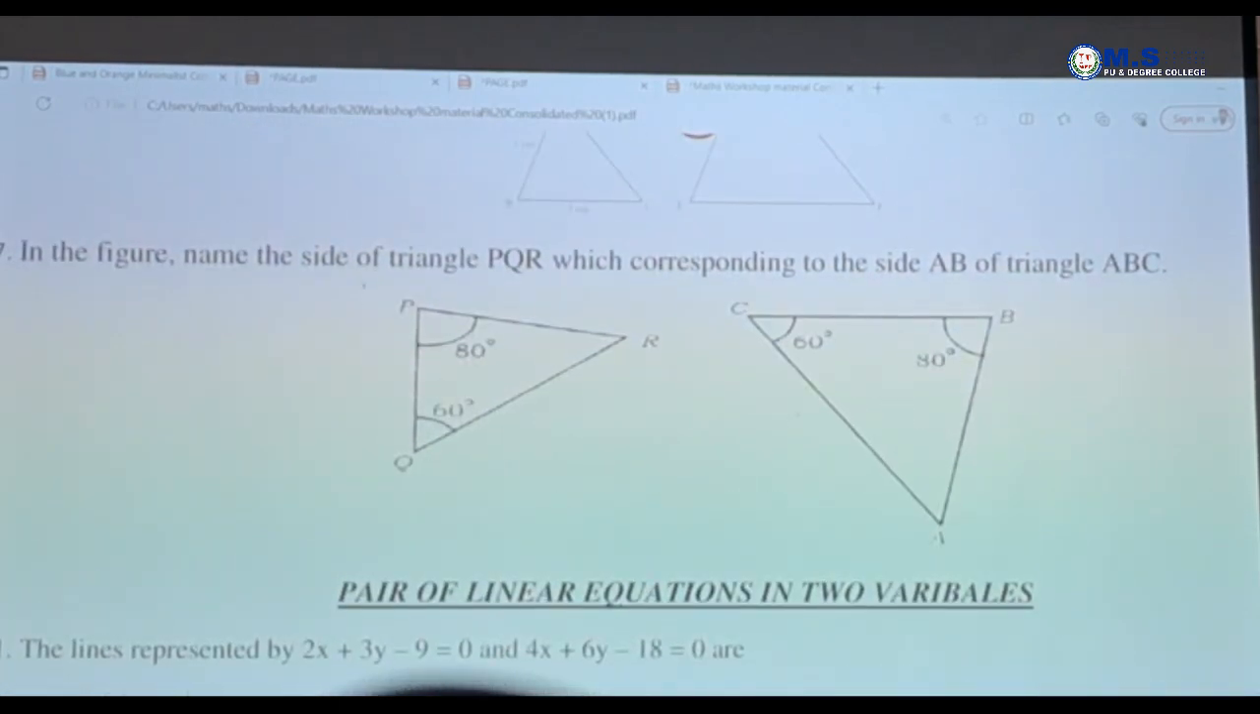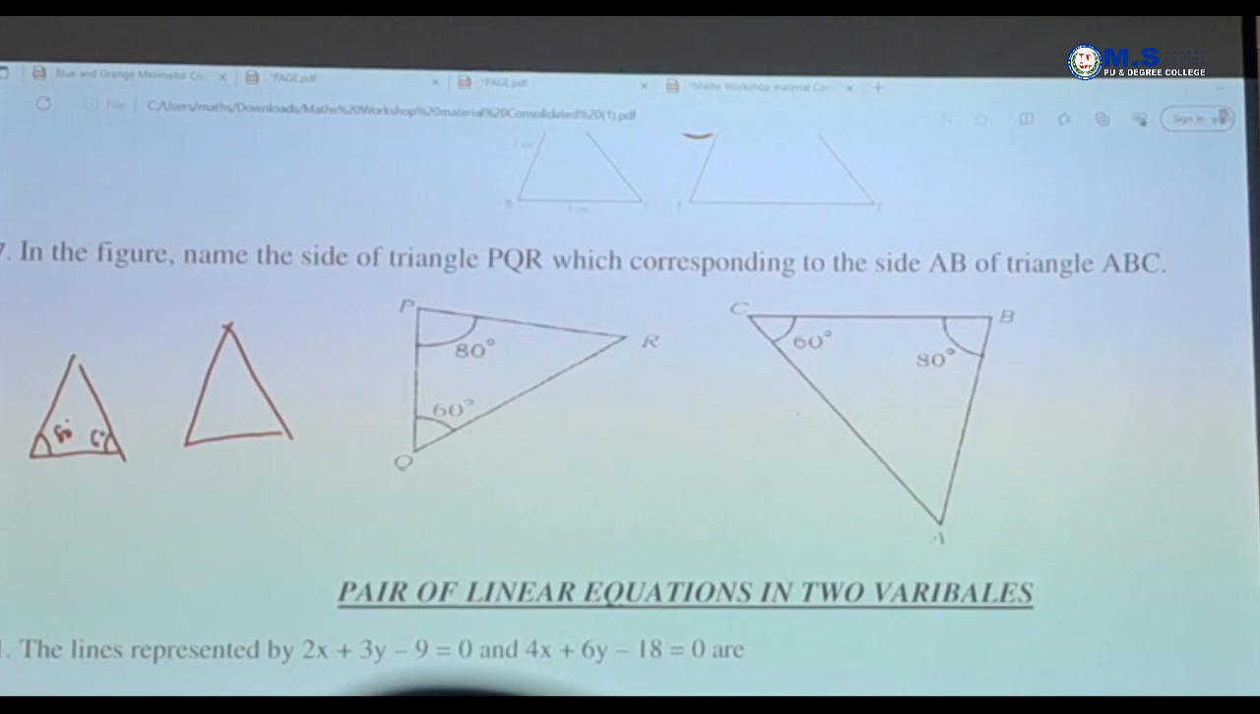Next, in the figure, name the side of triangle PQR corresponding to side AB of triangle ABC. Now, write down the figures in the proper way again. I'll mark the angles first. 80,